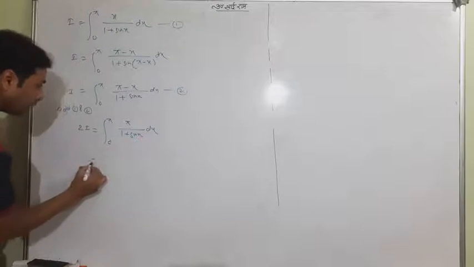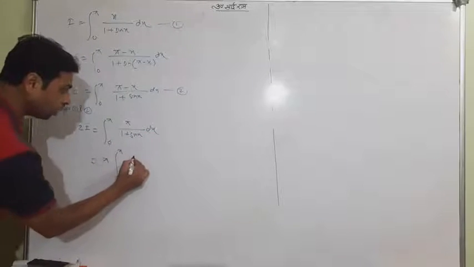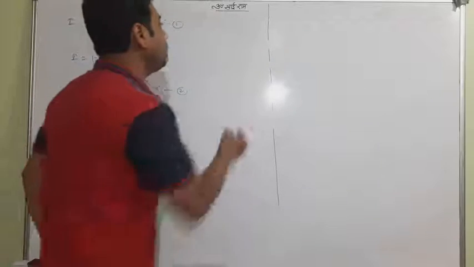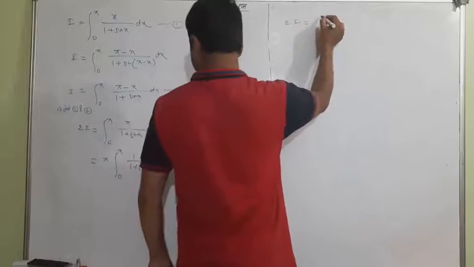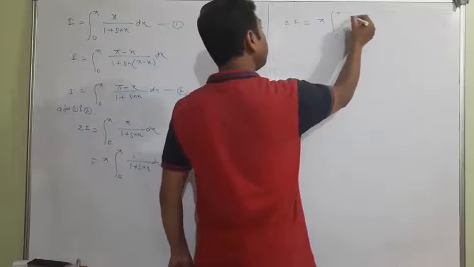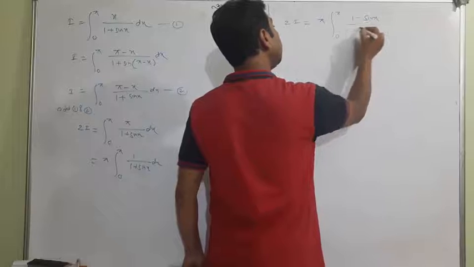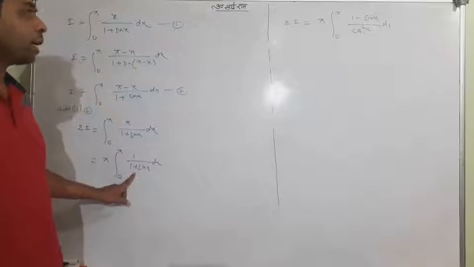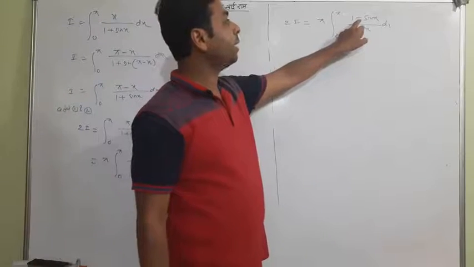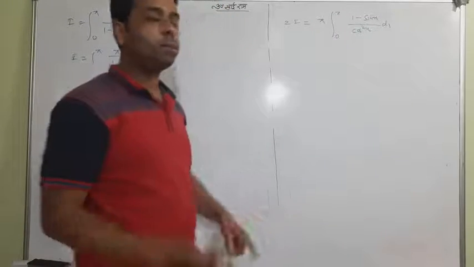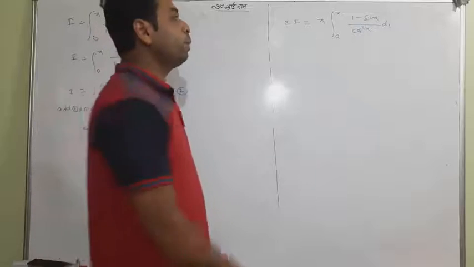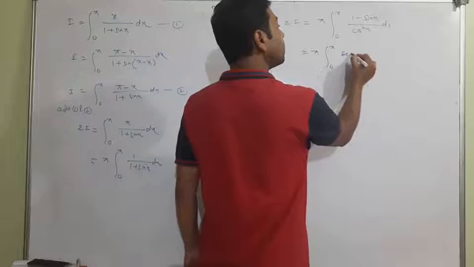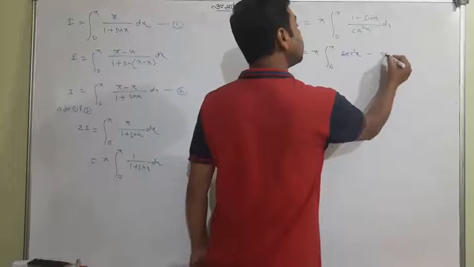So I'll do the same now. I'll take out pi common. I don't want to change it, and I rationalize the term, students. So 2I is equal to pi, 0 to pi. I rationalize the term. This is going to be cos square x. 1 plus sin x it was, I divide and multiply by 1 minus sin x. It is in the numerator, and in the denominator it will be a square minus b square, so it will be cos square x. And then what I'll do? 0 to pi, 1 by cos square x is sec square x, and sin by cos is tan x and sec x.